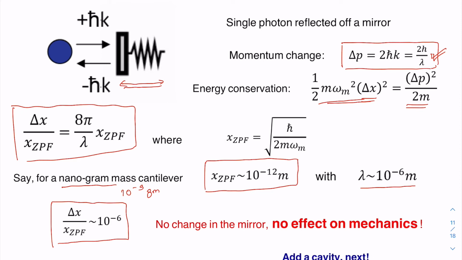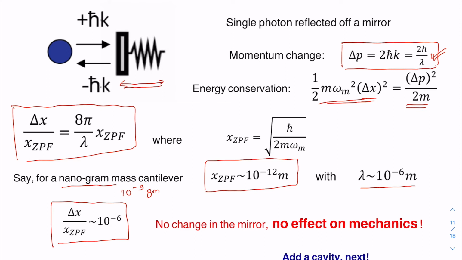It means that when a free photon is incident on a movable mirror, effectively there is no change in the mechanics, there is hardly any displacement that we can detect. So to have a sizable impact on the displacement of the mirror, or in order to study useful physics,